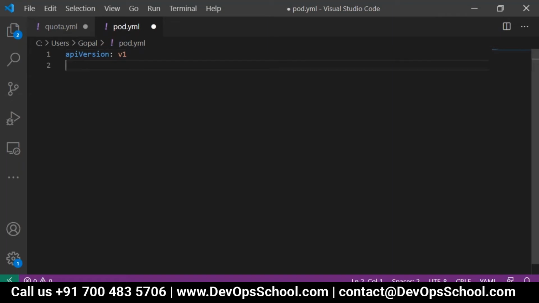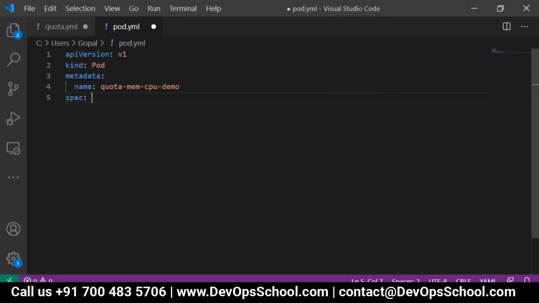Previously we created a replica controller. Now I am deploying my pod, so I will use kind as Pod. Metadata about my pod, the naming convention I want to define once it is launched. So I will call this quota-memory-cpu-demo. Then I need to define specification.